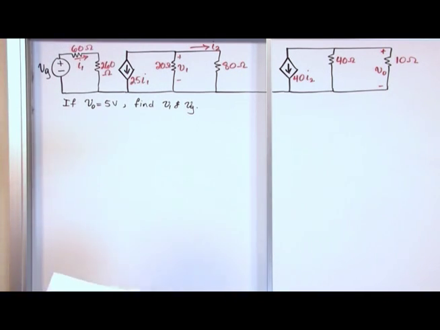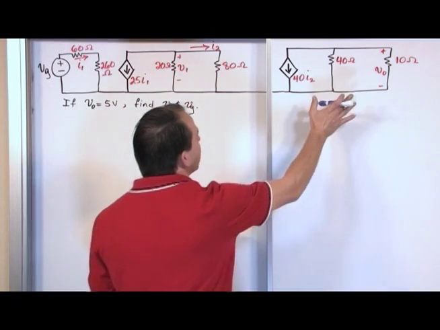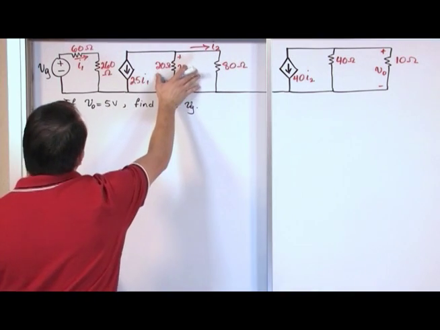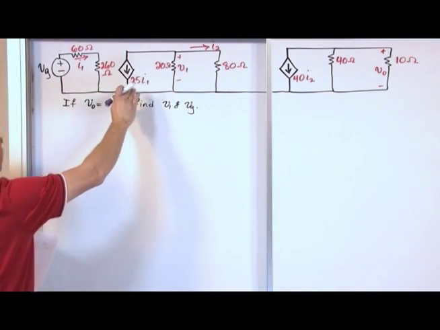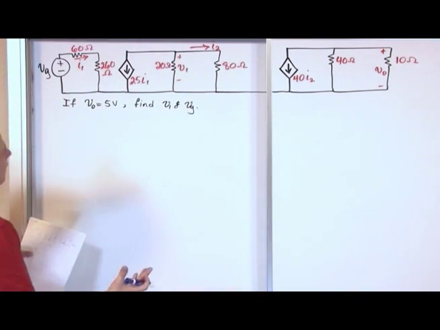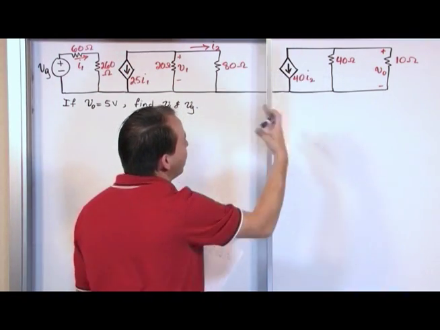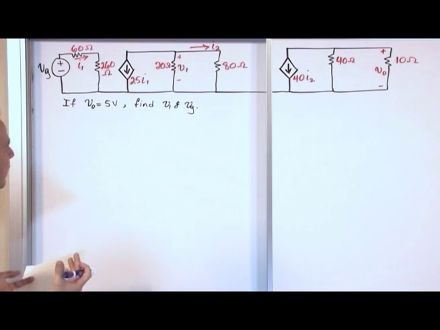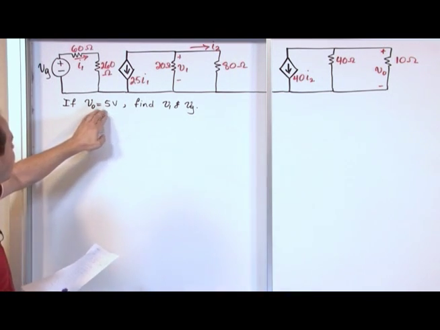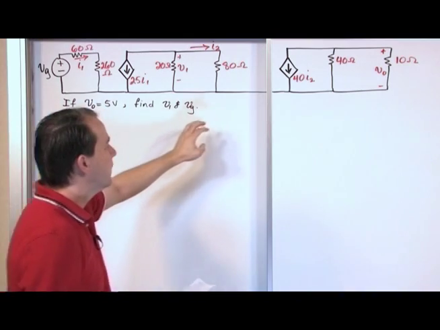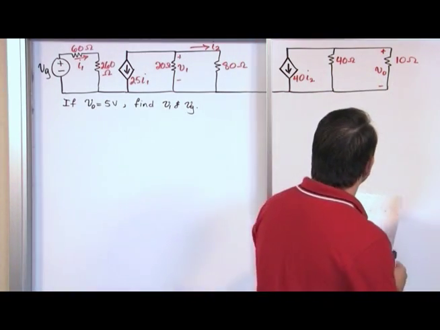So when you look at a circuit like this on an exam or on a test, you really need to view it as 3 separate circuits. There's a circuit going on here, there's a circuit going on here, and there's a circuit going on here. And of course, these are dependent current sources, so in real life, this would be like a transistor. And this would be like a transistor, but of course we haven't gotten to transistor theory yet, so we call them dependent current sources. So when we're given that 5 volts is known,